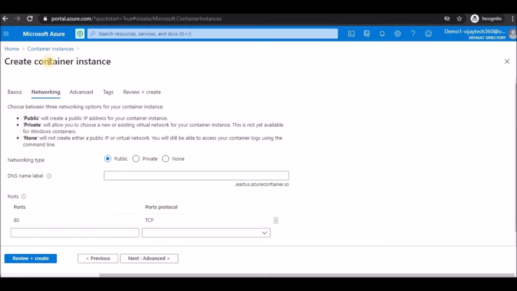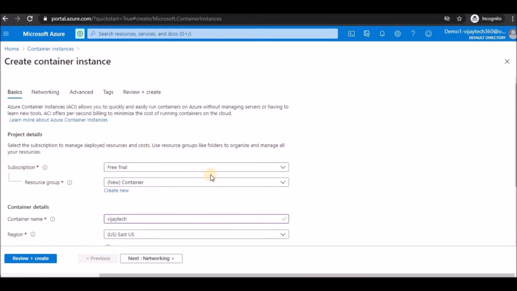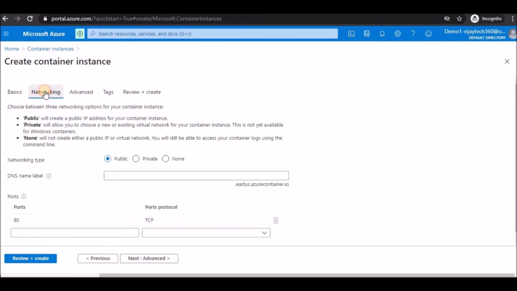Here you choose whether you want to use this container public, private, or none. I'm fine with public. You need to give the DNS label because this container host is going to launch as a web application, right? So you need to have a DNS address for that. Microsoft asks you to select your name label, and they add the region.azurecontainer.io. By seeing this URL itself, people can understand that this particular website is launched in an Azure container. In such a way you can identify that.